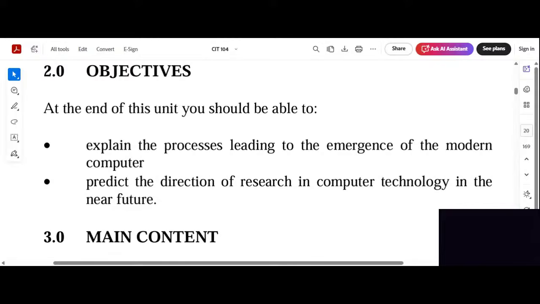What they want you to know is that here is a computer that you are using today. How did it come to be? How did they come about this machine that we are using today that is now common everywhere? Every house now has one. How did it start? Was that how they started?